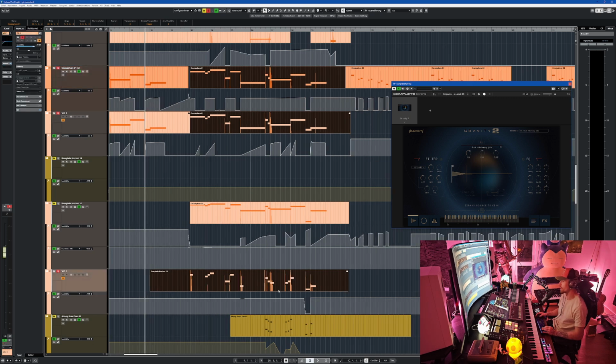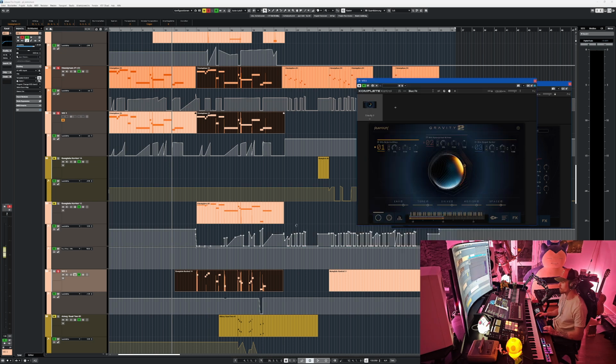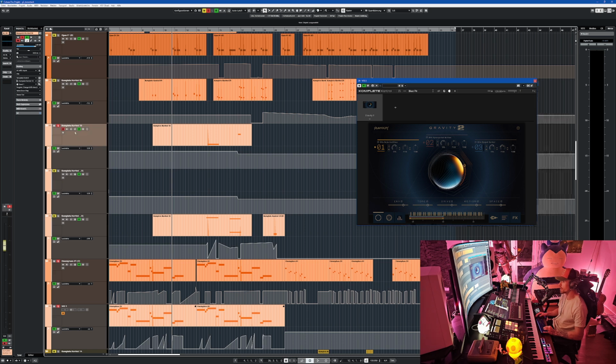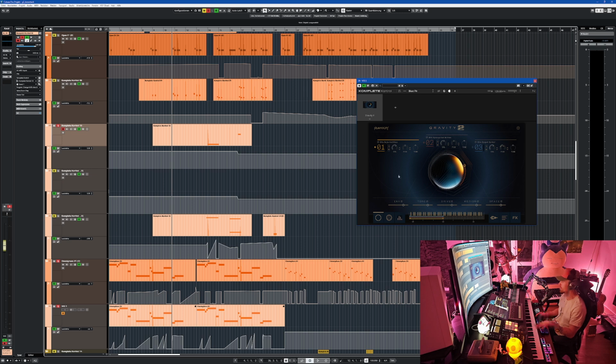It's also created with Gravity 2, low cut, and we can unfreeze it really quick just to check out what I did there. The bass drop is Gravity 2. It's actually, I think I didn't even change something. It's only an impact, straight out of the box impact by Gravity 2.